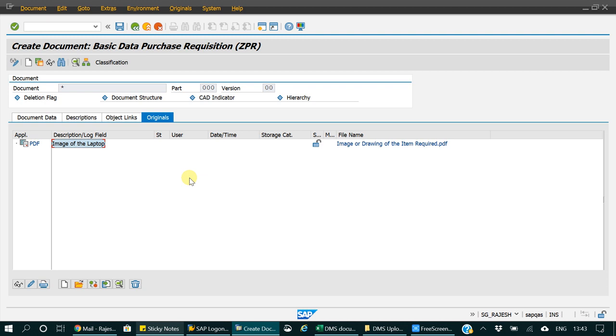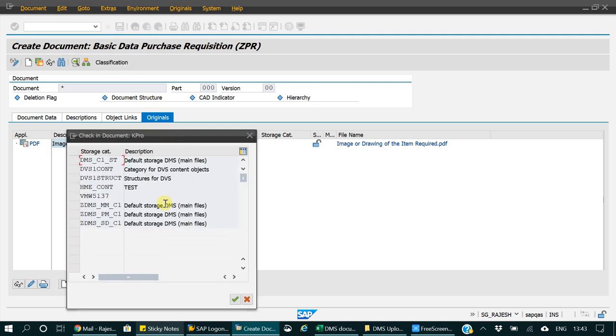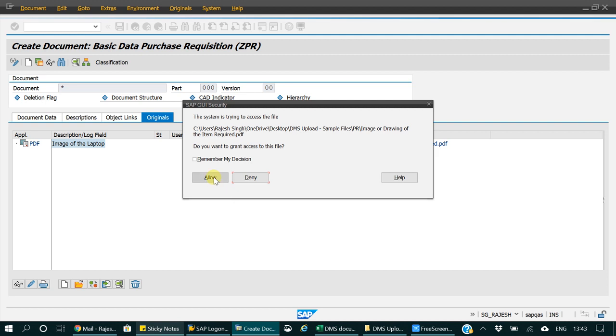As of now, the document is not yet saved, so we have to save this document. We have to click on save. Then system will ask me under which folder we are going to save our document. In case of purchase requisition, we have to select ZDMS_MM because purchase requisition is a part of MM. Then we'll click on continue. We have to give the permission.